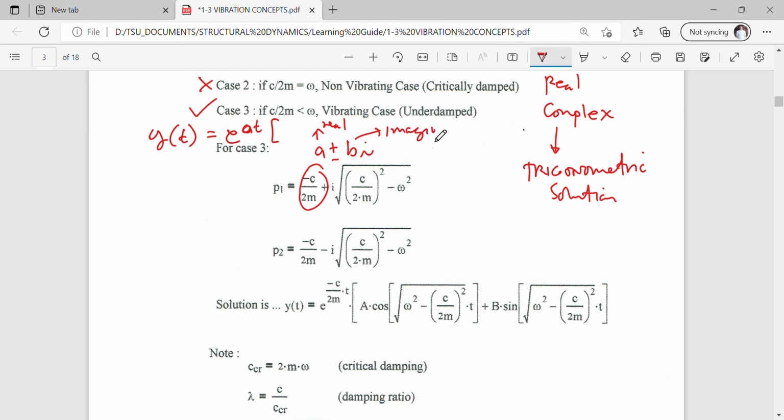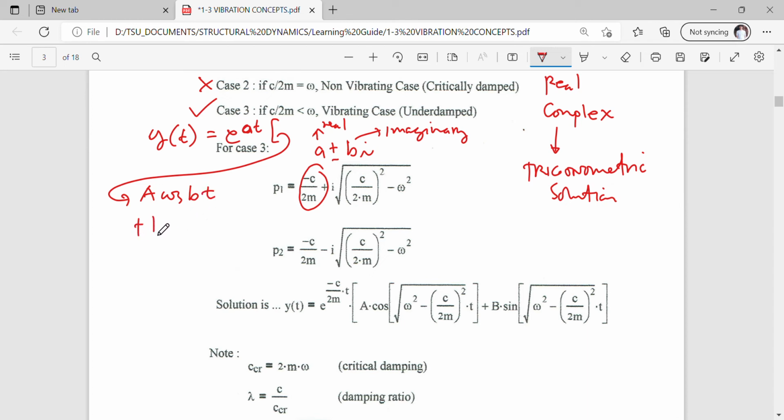So when you say complex root, it's a combination of a real part and an imaginary part. The real part goes to the e^(at) there, and the imaginary part goes to the, so if I continue it here, this is now a cosine bt,